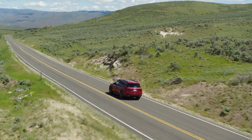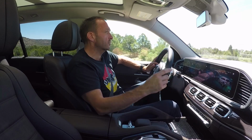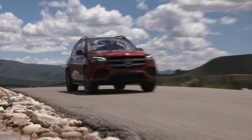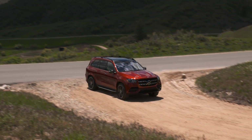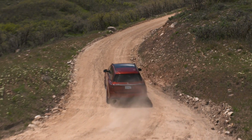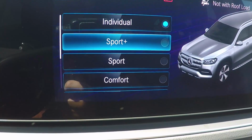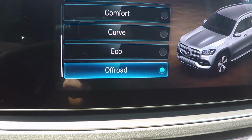of different characters due to the E-Active Body Control, an air suspension with some additional electric motors on the wheels to increase the travel of the suspension, giving you the chance to curve in the curve mode like a snowboarder on a wonderful slope, and it's a really relaxed drive even with a car of more than 5 meters and more than 2 tons. You can go pretty sporty in the sport mode and very chill and relax in the